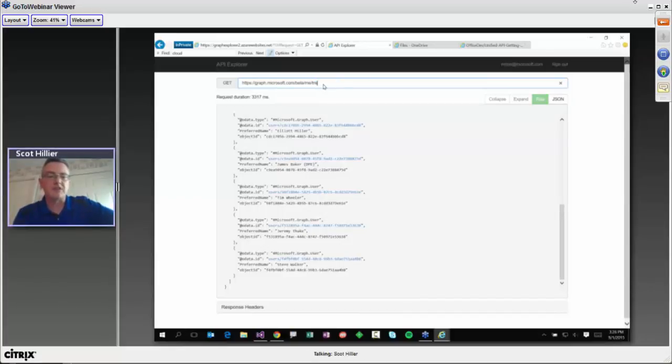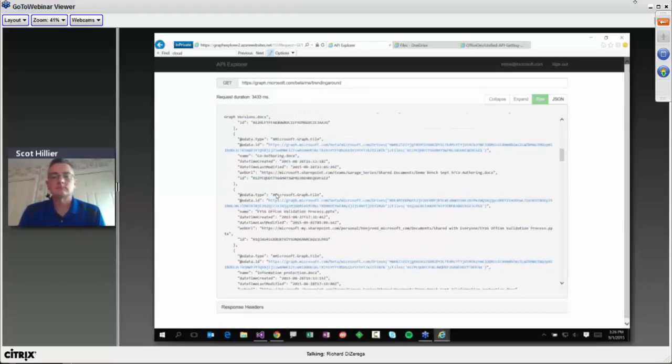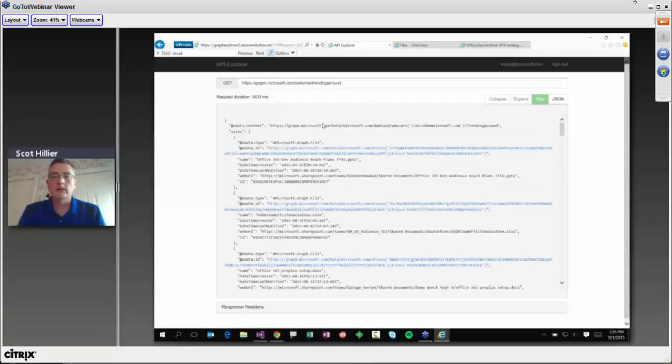So it's working with the same machine learning technology that the Office graph uses. Absolutely. In fact, if I go to trending around, trending around is actually the default view you get in Delve. So if I were to compare this to Delve, this is kind of the raw results of what Delve has. Very nice. I like that a lot.